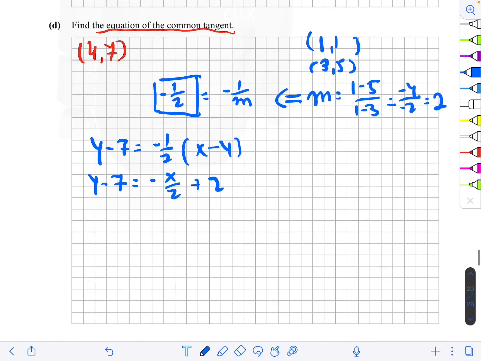And I can add 7 to both sides. So y equals minus x over 2 plus 9. And if you want it in the format ax plus by plus c, just multiply everything by 2 and rearrange, and you'll get it in the other format. But this is